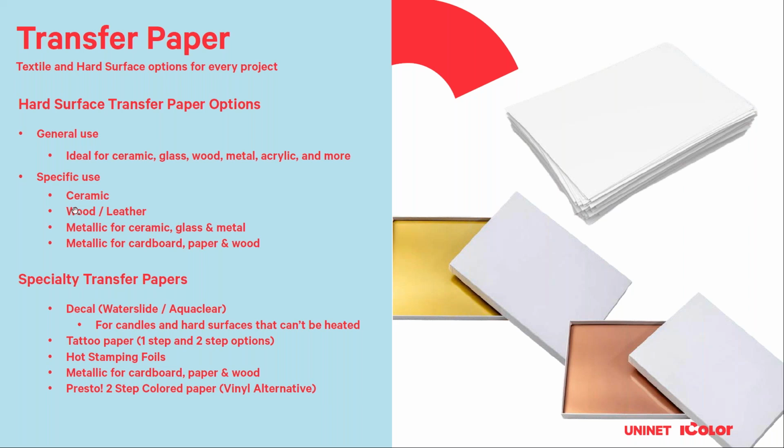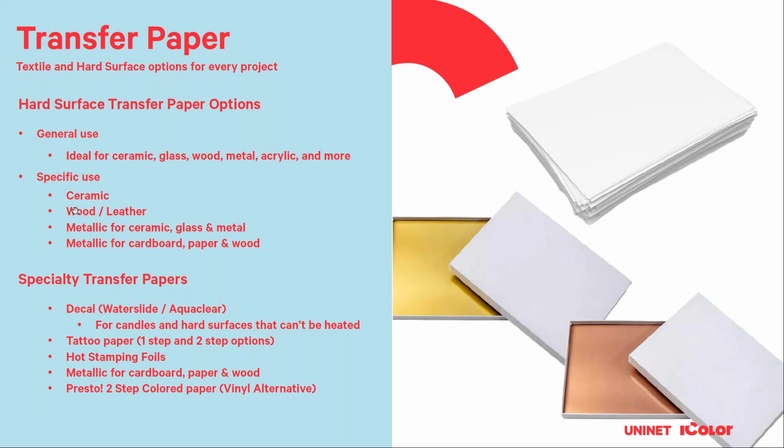We have two different types of tattoo paper, a 2-step and a 1-step. The 2-step paper is fantastic because you use a heat press to marry a B sheet to it, and when you peel that, you cut out your tattoos. So let's say it's all ganged up and you have 20 tattoos on a sheet. After you apply it to your skin, you put a wet rag on there for about a minute and hold it down to your skin. And what happens is the background completely disappears.